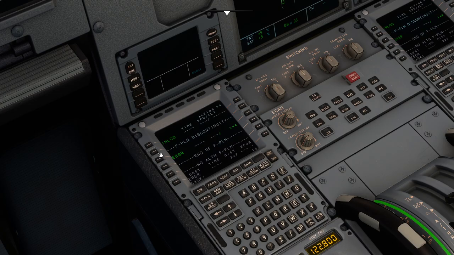I put SUSKI over here, and going up. Now I have some additional waypoints to enter, and with SUSKI I'm getting to top of descent,